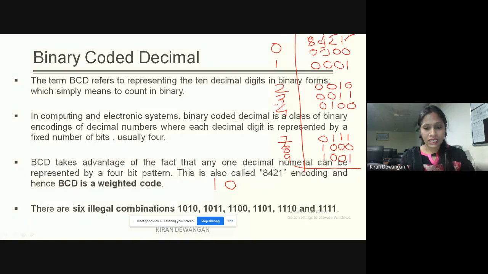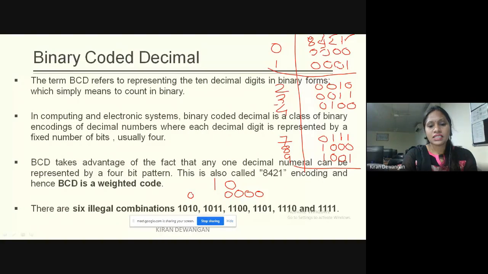It's not binary. बाइनरी में आप इसको 5 बिट 6 बिट कितने भी बिट्स में लिख सकते हो, but here this is a code and it is always represented in 4 bits. 0 is represented as 0 0 0 0 and 1 in 4 bits is represented as 0 0 0 1. This is forming the decimal number 10 in BCD.